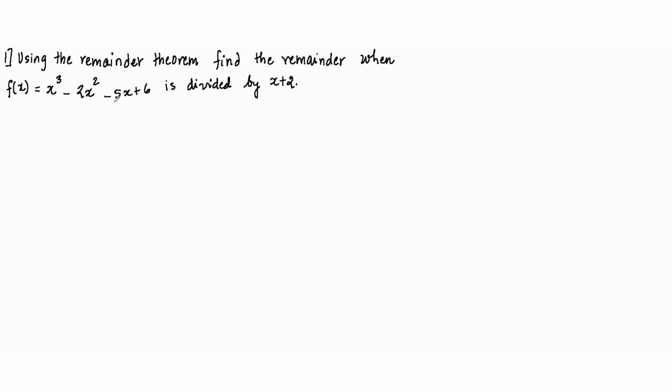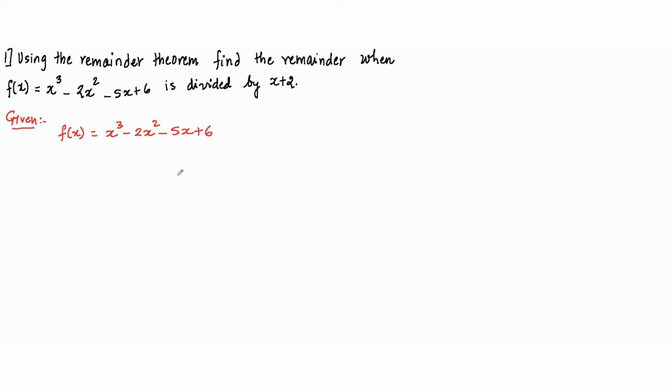So in this segment, let us solve a few problems based on remainder theorem and factor theorem. The first question reads, using the remainder theorem, find the remainder when this polynomial is divided by x plus 2. It is given that the polynomial is f of x equals x cube minus 2x square minus 5x plus